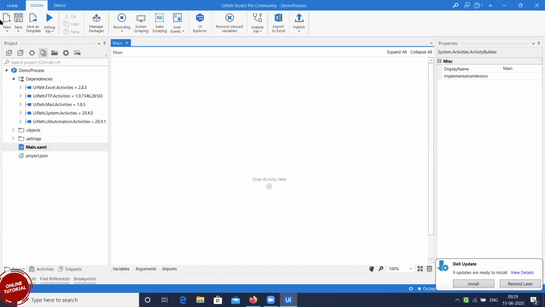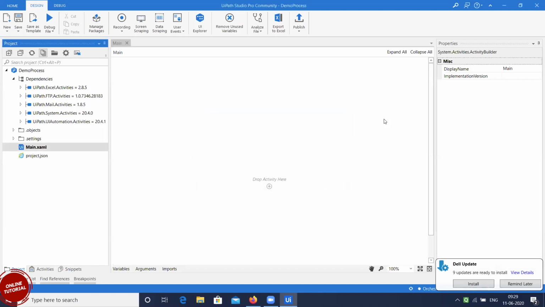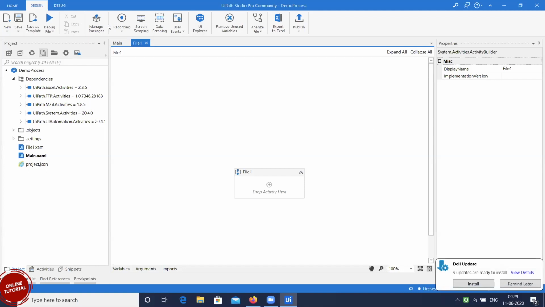They can split. So if you want to create multiple process files within a single project, you're going to use new. If you click here, you can give whatever name you want. And if you click on create, like this, you can create multiple process files. So we save into different aspects and access it based on our requirements. We can even pass the data from here to the different file, all that will come across. But this way we create multiple files, split our process into small things, and then execute it.